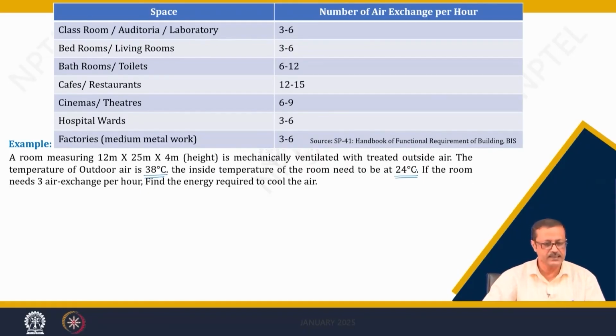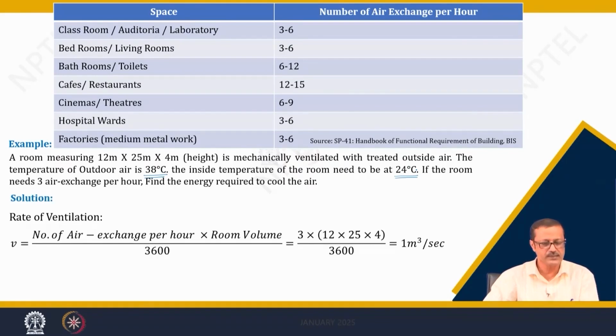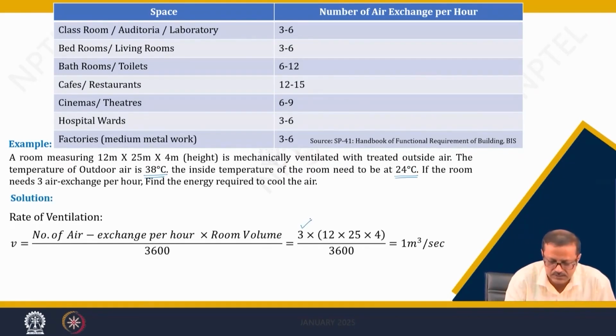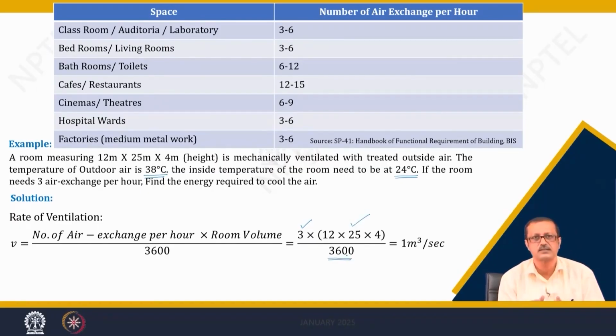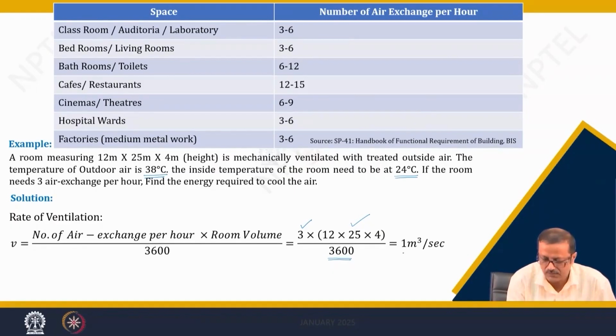If the room needs 3 air exchanges per hour, I have to find out the energy requirement. So, air exchange per hour is 3 and I know this is the volume, 12 multiplied by 25 into 4, and divided by 3600, the total number of seconds per hour. So, I know V, this V is in meter cube per second,